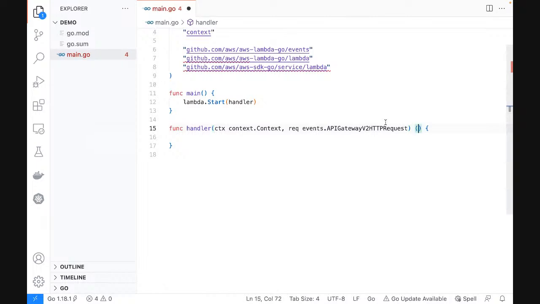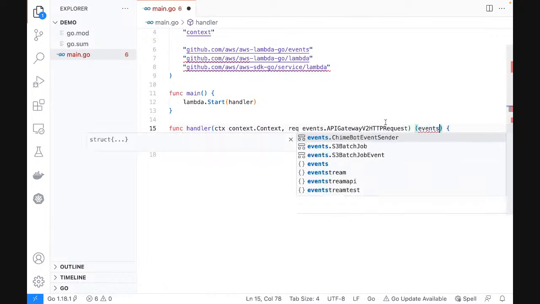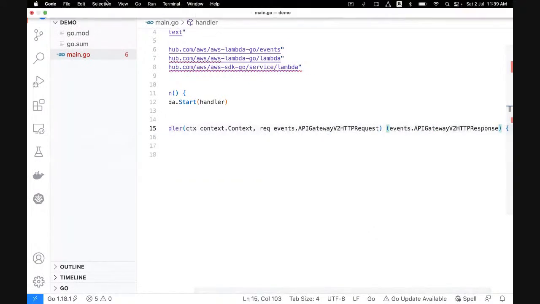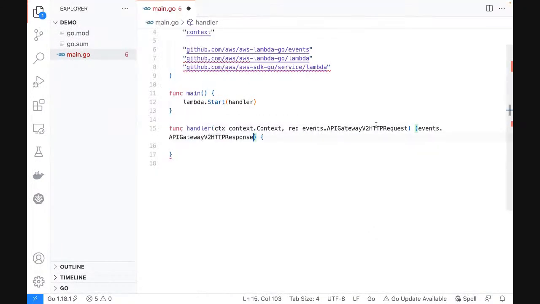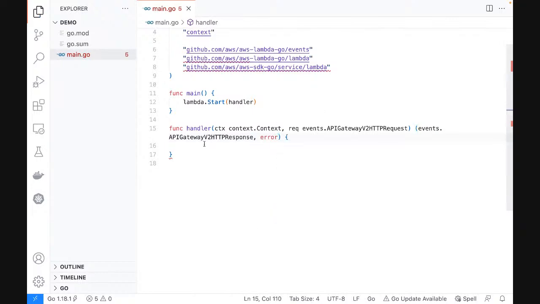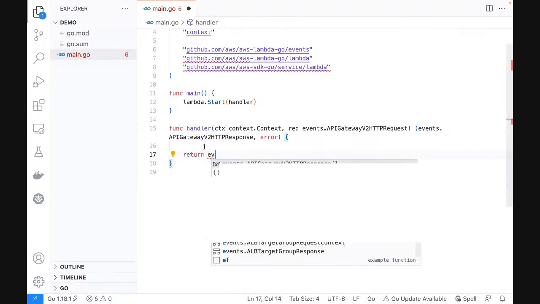Okay. And I'm going to return something, of course, right? And what is my return type going to be? My return type will be an HTTP response. Just give me a second. I'll grab this. And an error. Okay. So this is like a signature of my Lambda function, and just to make sure this compiles, I'm just going to write some